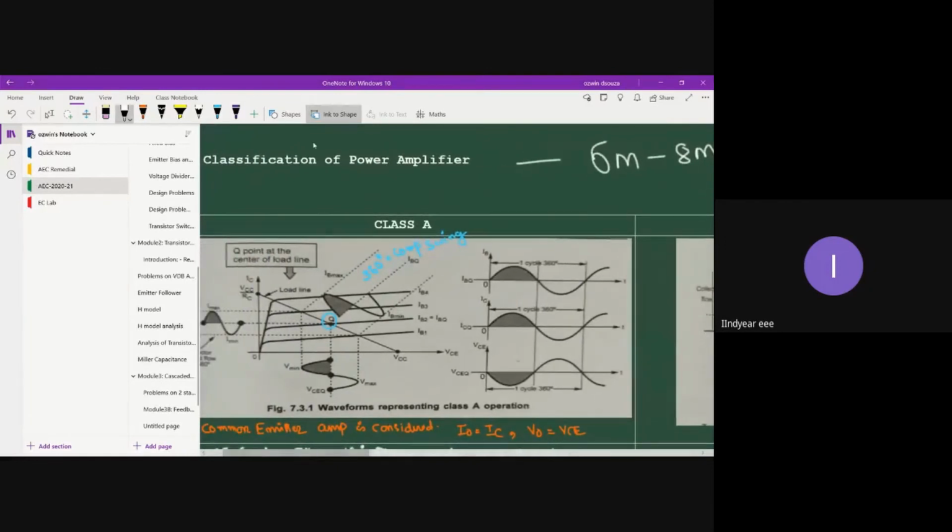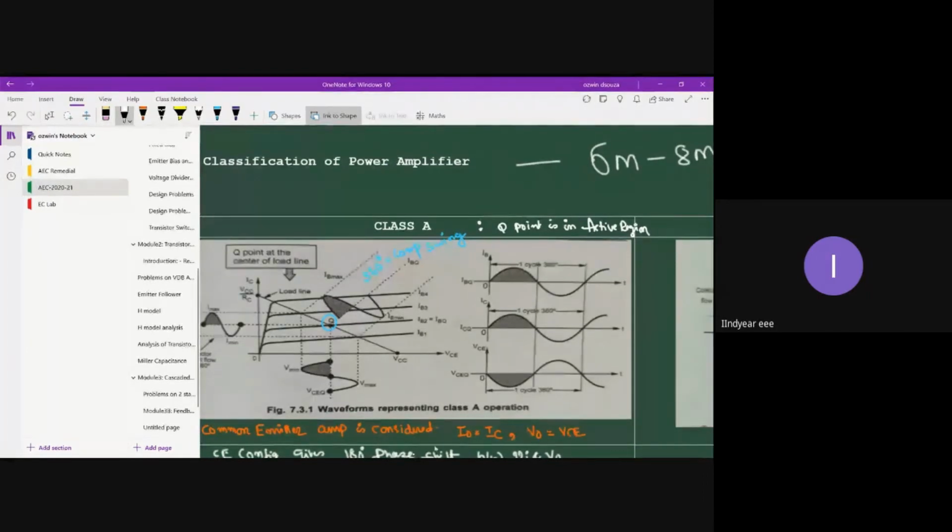So here I'll write, since there is no space, Q point is in active region. The center region is active region. On the other hand,